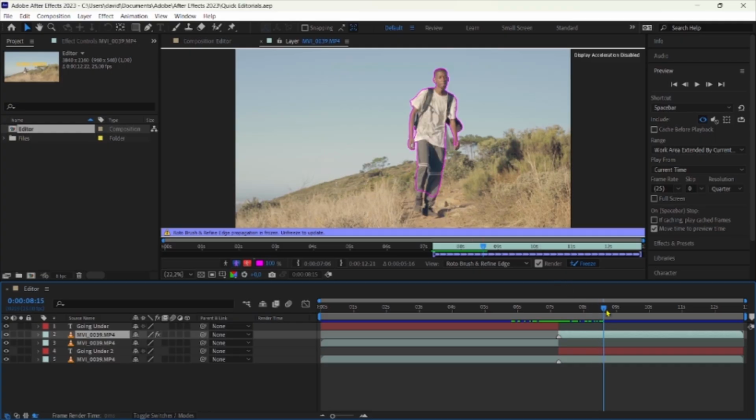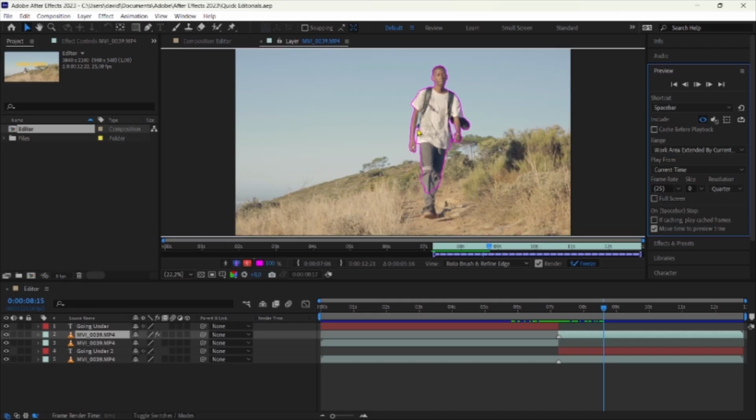Then once you reach the end of the clip and you find that everything is selected properly, there aren't any issues, you hit this button that says freeze. Then After Effects will take a little bit of time to freeze all the frames of the clip, and after that there won't be any issues in terms of allowing you to edit.